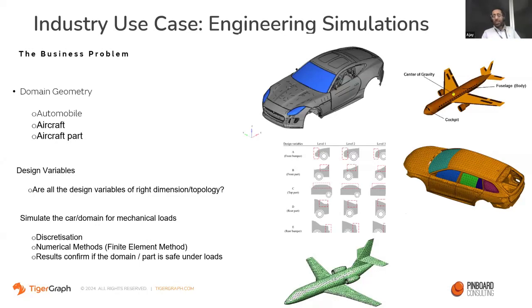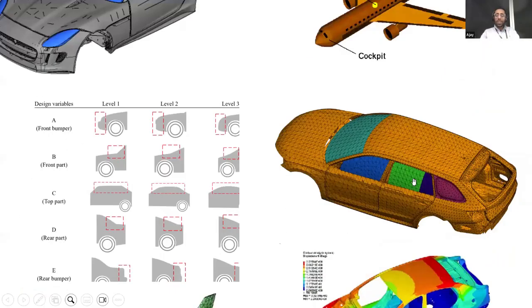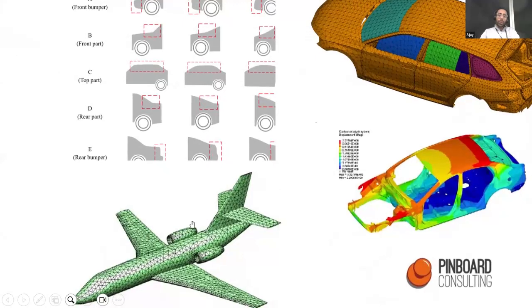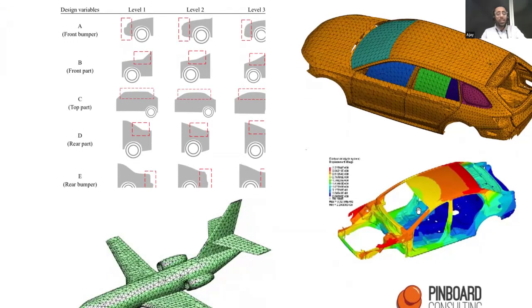Once we have discretized this domain into small pieces, as you can see here, I would carry out a simulation of this particular geometry in a computational software made for these kinds of simulations. Looking at the simulations, I will find out whether the bonnet or the roof can withstand this load. Otherwise, it cannot withstand the load. And if I find that my design is unsafe,